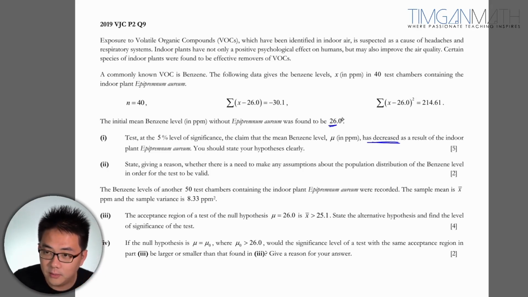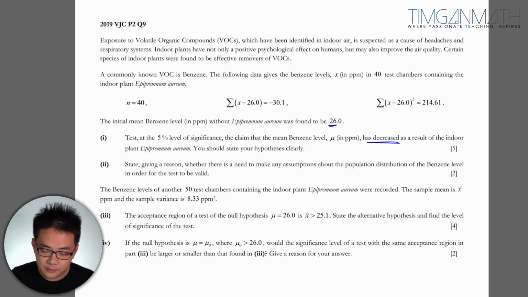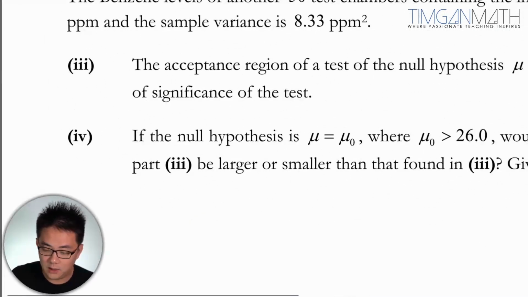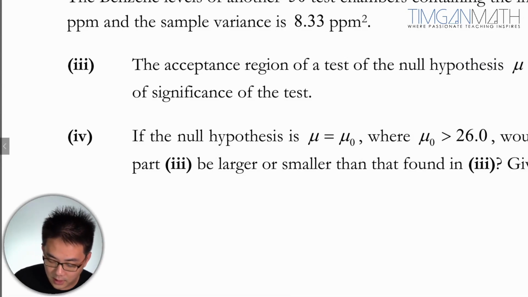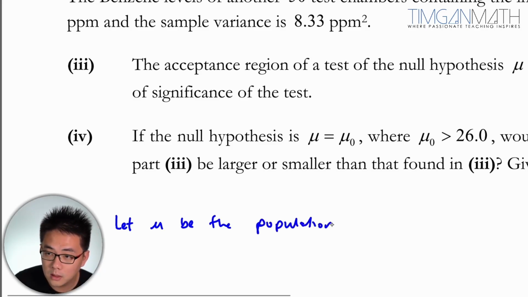So this is basically a population mean, right? We assume, as a result of the indoor plant, you should state your hypothesis clearly. You want to test the effectiveness of the indoor plants, so that's the reason why you need to use this to test it out. So just as usual, let mu be the population mean